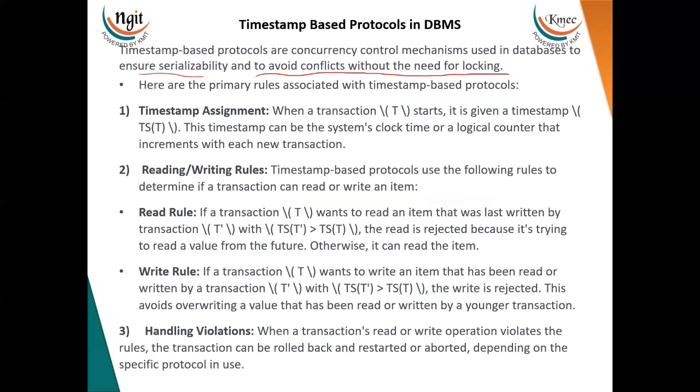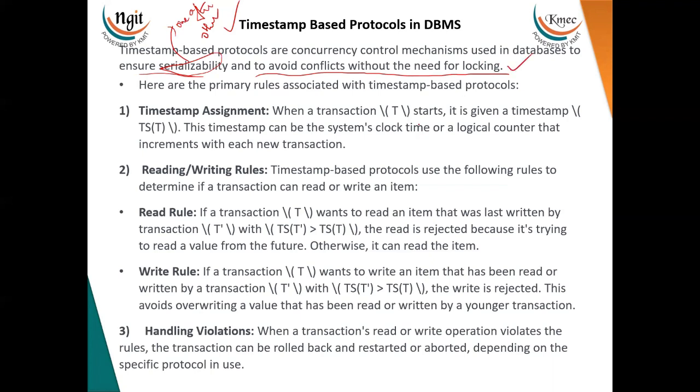So far we have learned several mechanisms in order to avoid conflicts that arise when multiple transactions take place at the same time. One among the concurrency control mechanisms is the timestamp based protocol. This protocol is also used for ensuring serializability. Serializability is used for allowing the transactions to execute only one after the other. Thereby, there is no scope for conflicts that can arise, and we can maintain consistent data in the database. Clear? When timestamp based protocols are used, such kind of conflicts can be avoided without making use of the